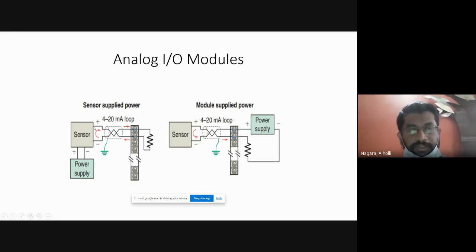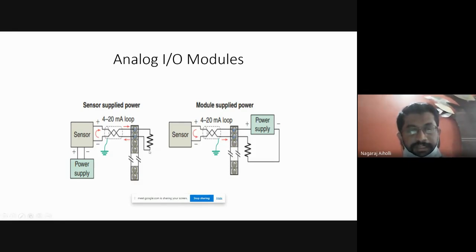What is the meaning of feedback circuit? The sensor first senses the input signal from the field device. Whatever the input signal is, in that 4 to 20 milliampere range, it sends that to the input module strip, that is, to the input circuitry. The output of that input circuitry is again applied back as some input to the main input. The difference between the main input, first applied, and the feedback, that is the output obtained from this input circuitry, is taken, and then it operates again so that the output obtained from this input circuit is improved, and the accuracy is increased.